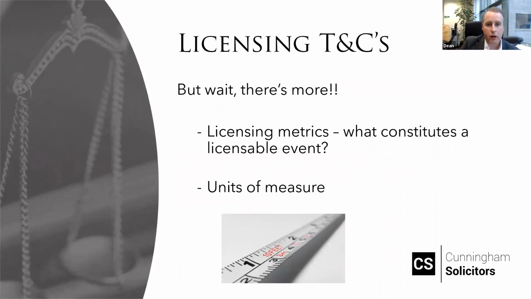Okay, so understanding the exclusive, non-exclusive, perpetual, and term licensing that we just discussed is really only half the story, right? The next issue to consider then is what counts as a situation or event that requires a license. These are counting metrics and are often known as units of measure, or UOMs, or licensing metrics. These can be found in the additional terms that are referred to in the main software licensing agreement. Sometimes the document that they're embedded in is referred to as a product guide, right?